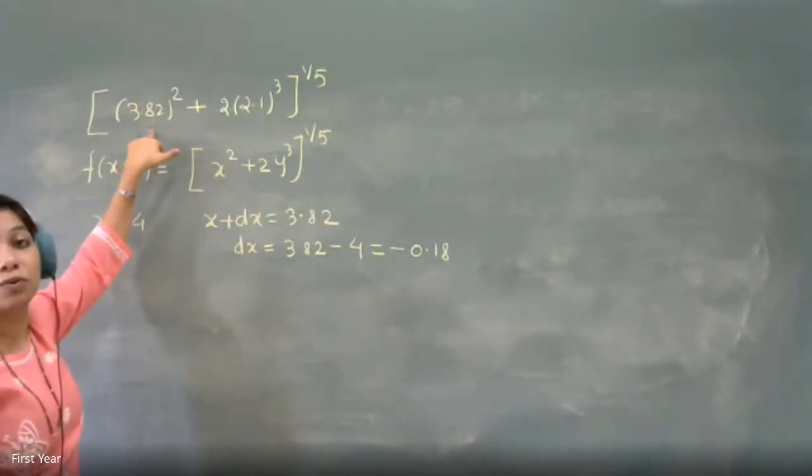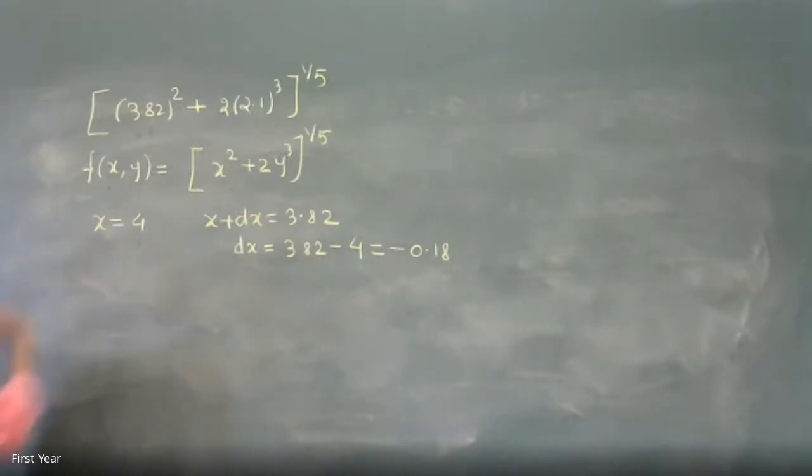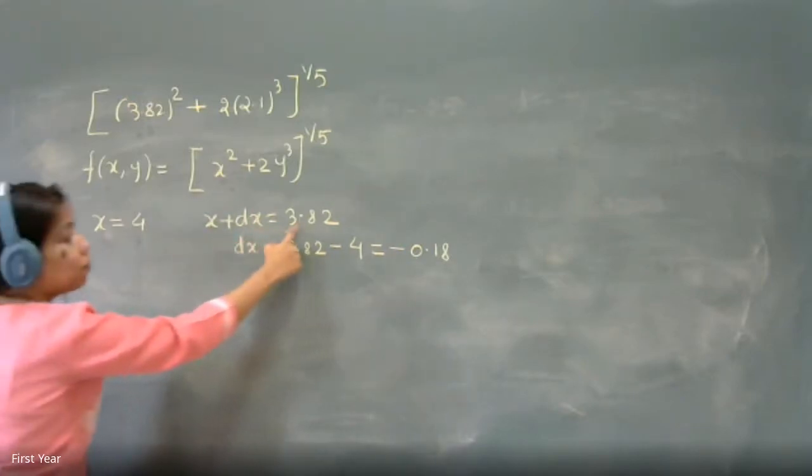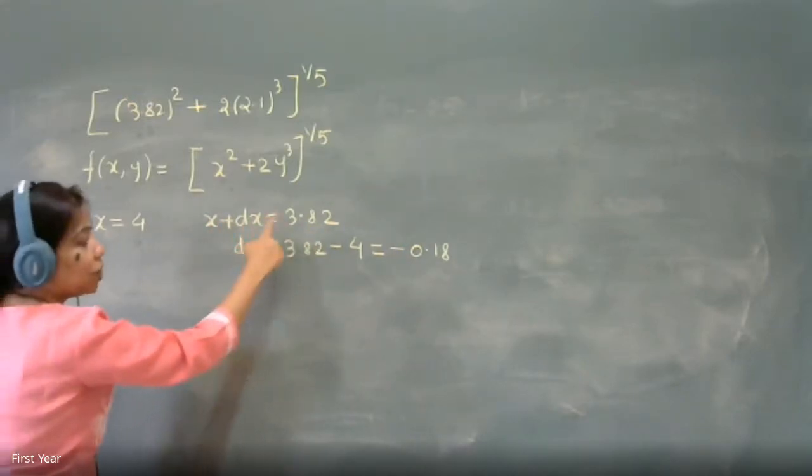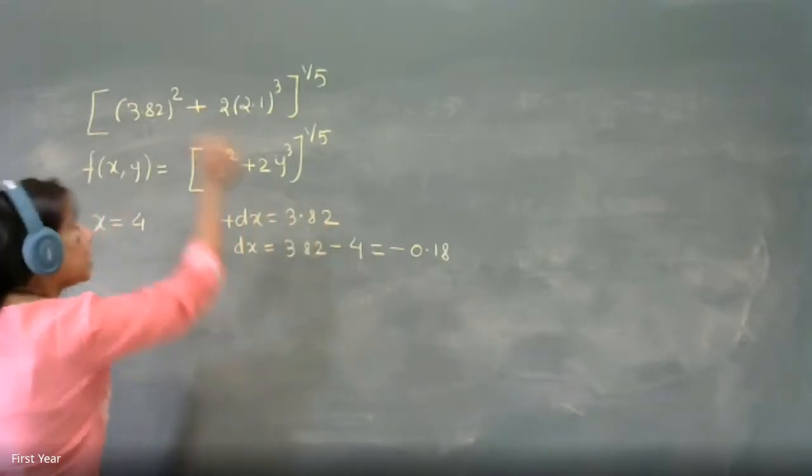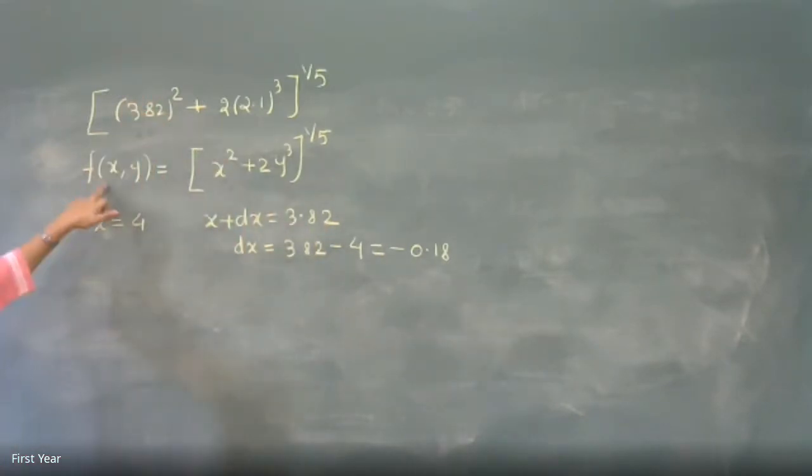That's what I'm trying to use. Okay. Getting it? So that's why what is easy for me is taking the value of x and calculating this function. But when there is a change, I want the value to be 3.82. So x plus dx क्या होना चाहिए? 3.82, so that I will get this value from the generalized function.